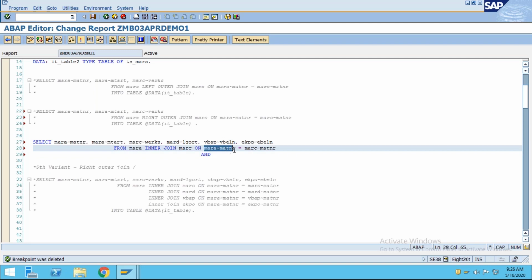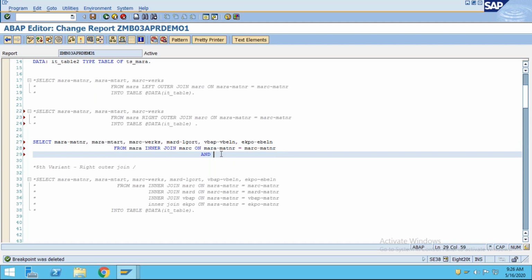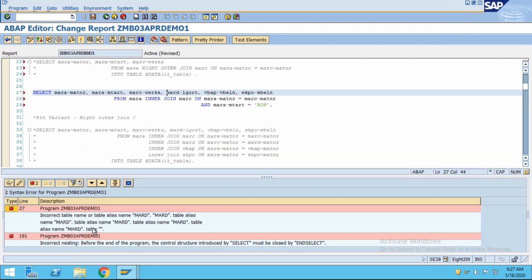ON Mara-Matnr equal to Marci-Matnr, and also, suppose you want to get Mara-specific MTART equals, let's suppose you want to get only the raw material. If you want to get the raw material, you can do it like this. It is possible.